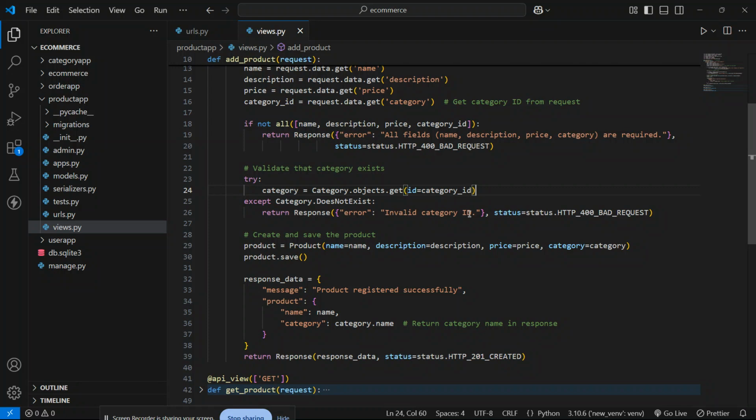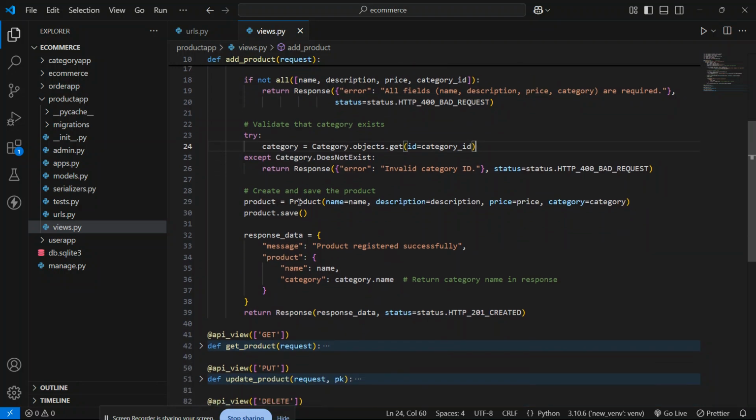And also, if we have one product inside our product table, and that specific category which is related to that product, if I delete it from the category table, it will automatically delete the product. So after that, I am taking the value of name, description. It will store my data to the database, and after that, I am saving that variable with the method of save.